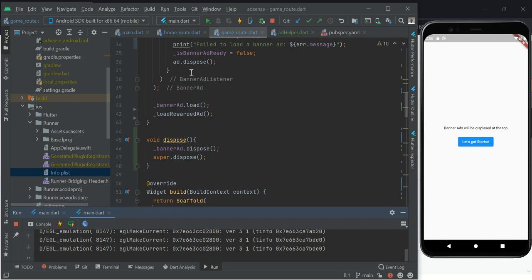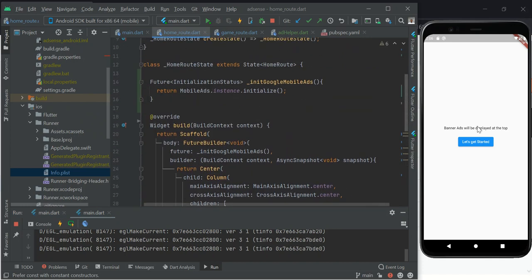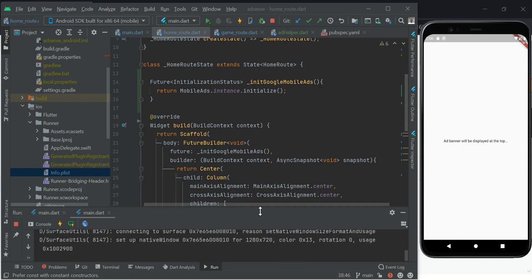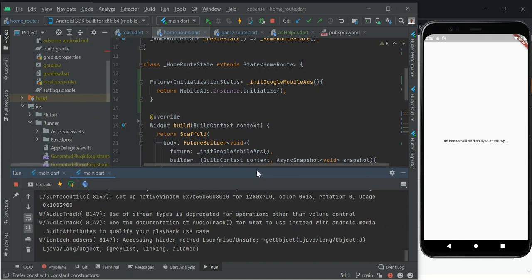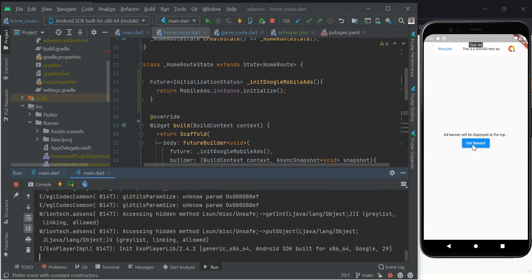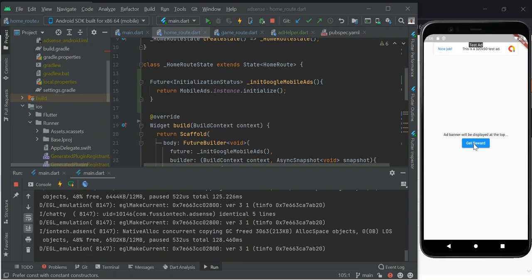So this is the first page, which is this home page, which initializes our AdMob and shows this button. So once we get started here, it's initializing, and it has initialized. That's why we are able to see our button. So since we have a reward which we want to show now, we can go ahead and click this button, and then